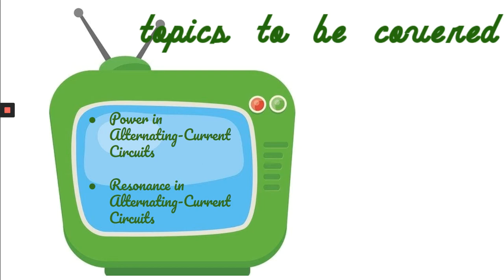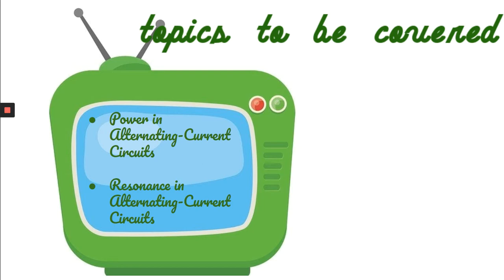We have discussed what is the voltage across the inductor at an instant of time, what is the voltage across the capacitor, and what is the voltage across the resistor. Then we discussed what is the voltage of the power source and how it is related to the current, whether they are in phase with each other or not. And we found there is a phase difference phi. This phi is related to the voltage across the inductor, capacitor, and resistor, or you can say resistance, reactance, and inductance.